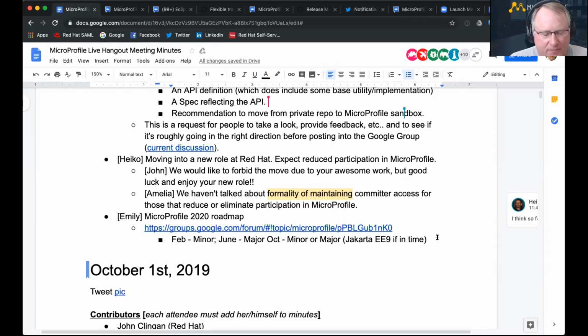So where I think MicroProfile 3.0 was literally just Java EE 8 rebaselining, right? So you know, we have already done it just from a Jakarta EE perspective, but I do like the idea of having some kind of vision for what 2020 could be.